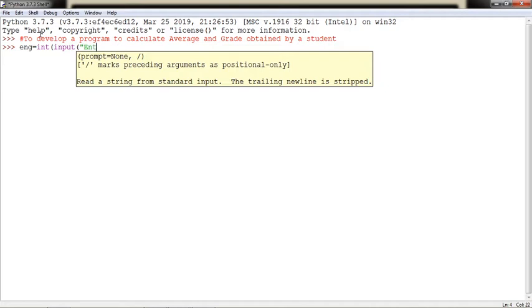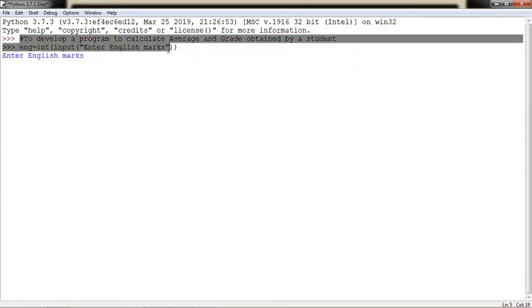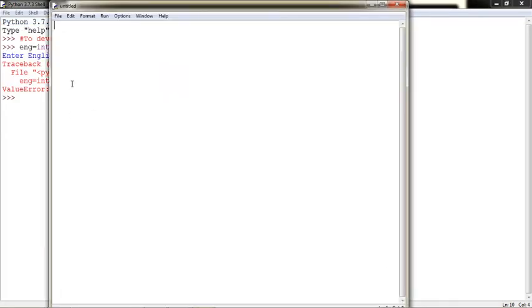Enter English marks, then bracket close, one more bracket close. Sorry, again we are writing on the prompt. Let us go to the file first. You should write the program in a Python file, not on the prompt. So here there will be an error. New file, I am pasting here.